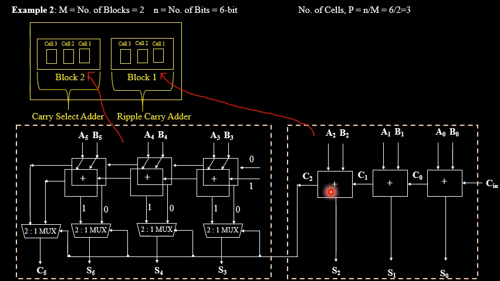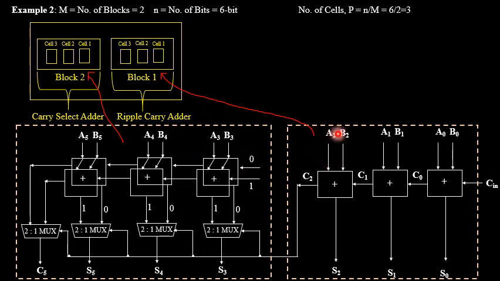Now this particular carry output generated is the carry output from block 1, which will be behaving like a control signal for all the multiplexers. See, the control signal for all the multiplexers in block 2 is taken from the carry output C2. So in block 2 I want 3 cells. So first, second, third. So from here, this is the first cell and this is the second cell and this is the third cell, final cell, right? So it has to be represented using carry select adder. That's why we have used 2:1 multiplexer over here. So as usual, this is the representation of carry select adder cell.